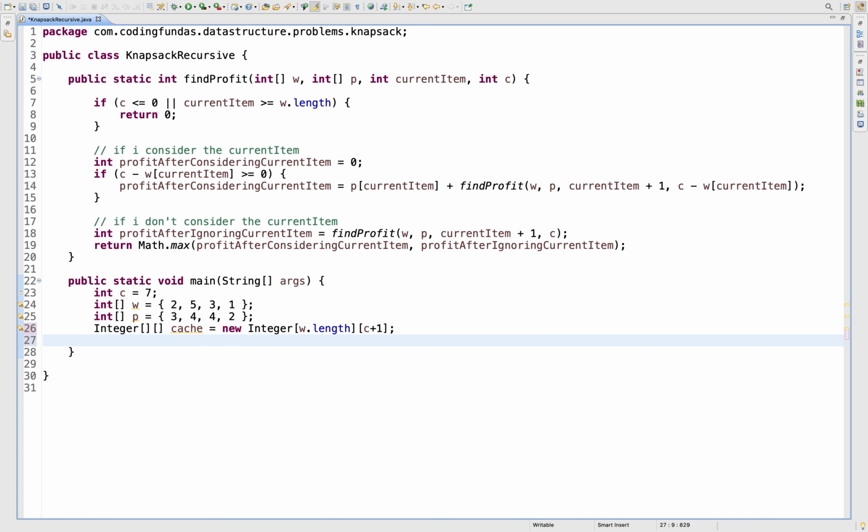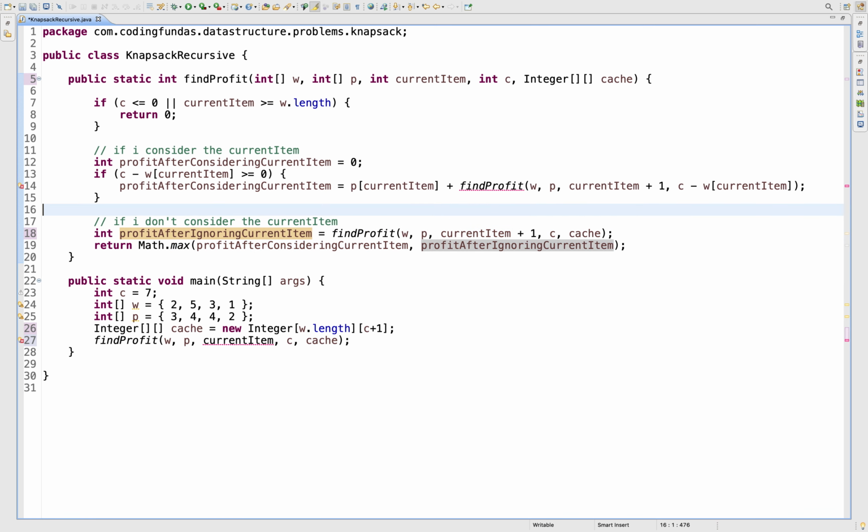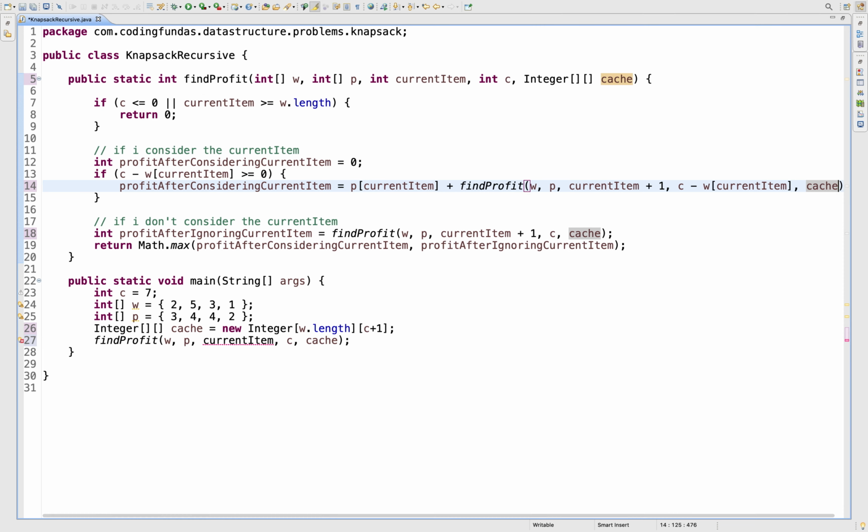While calling this function find profit, we'll also pass this structure to the array, and in the method signature I'll add this, and while calling here also I should add this, and here also we will add this.